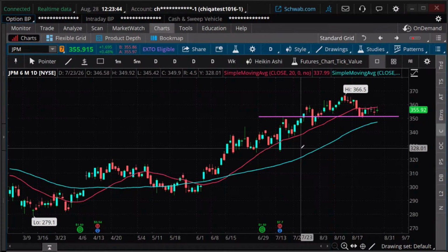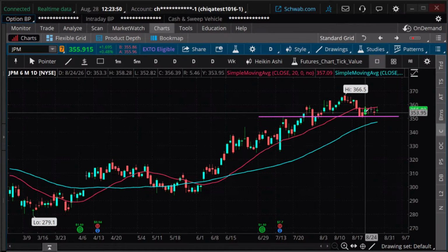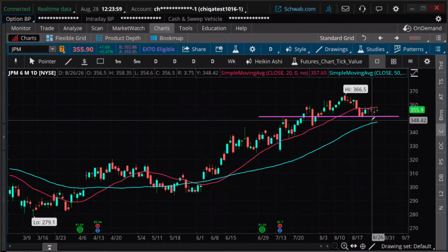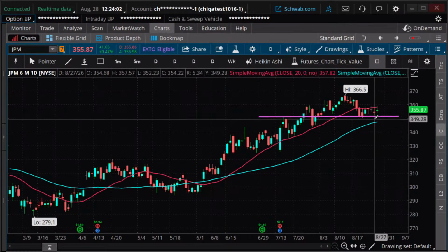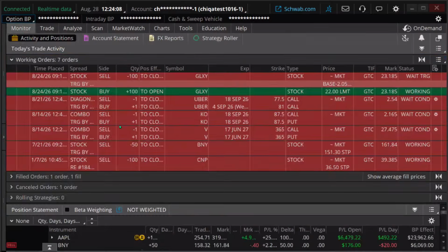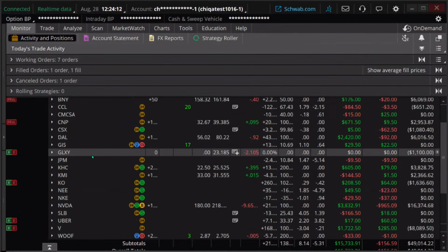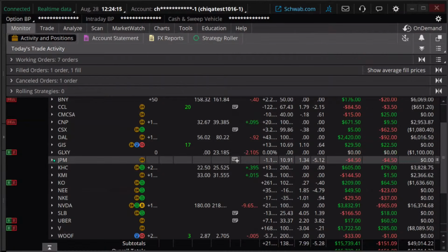Now we can do this all in one order, and I'll show you in a subsequent trade how we do that in one order. But for now, let's say you already have it in and you want to add in a stop. We say, well, look, if it breaks down a little bit below that, we'll say 348, giving us a little wiggle room, about 1% below our support level, then I'm going to get out of this trade. How do I do that? Well, I'm going to locate the trade. And this was JP Morgan.